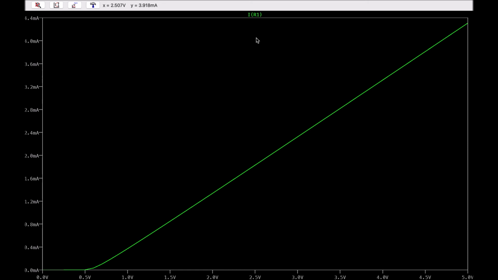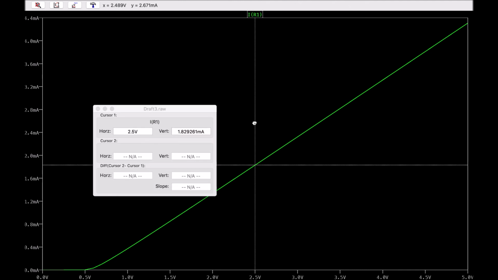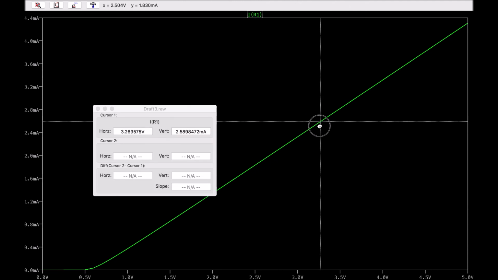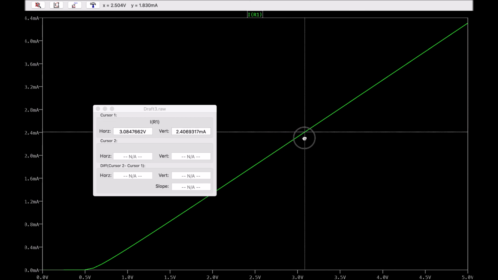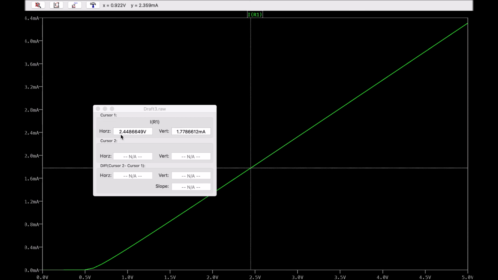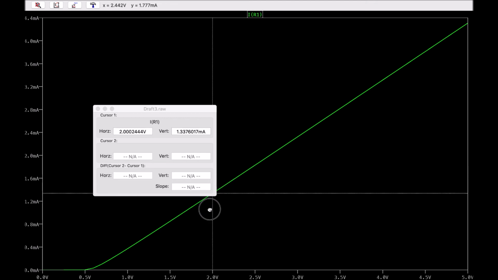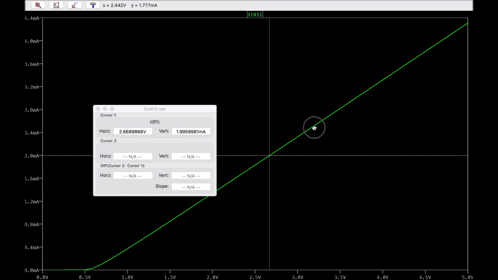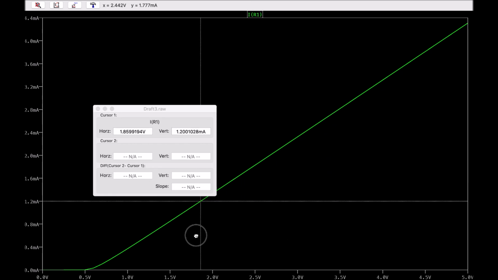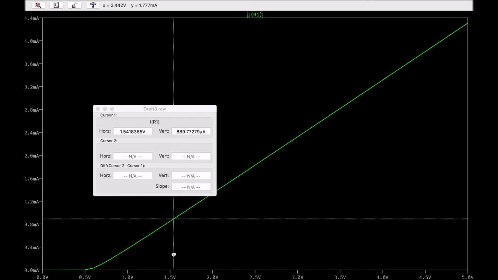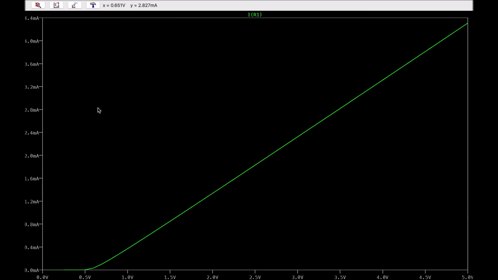One thing we can do is go to the top to the title and click once on the title, and we get a cursor. And we can take some very accurate readings by dragging that cursor. We have our horizontal scale, which is our supply voltage, and our vertical scale, which is the current. So we could move our cursor to respective voltages or currents to work out corresponding points on the graph if we want to get some accurate values. Another thing we can do, I'll just close that,